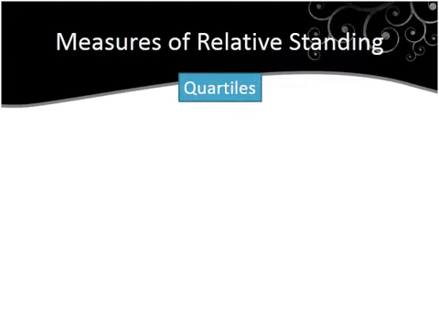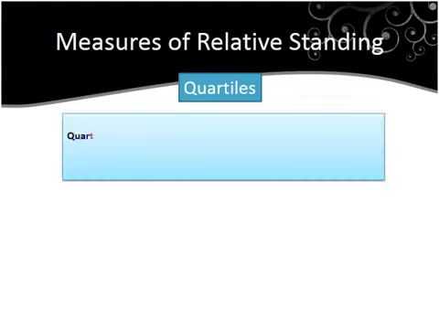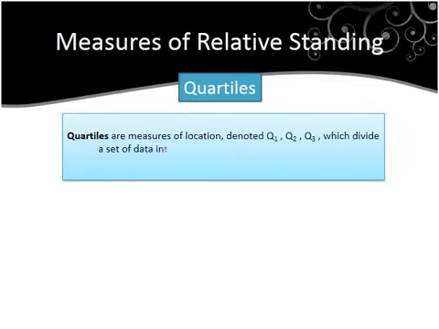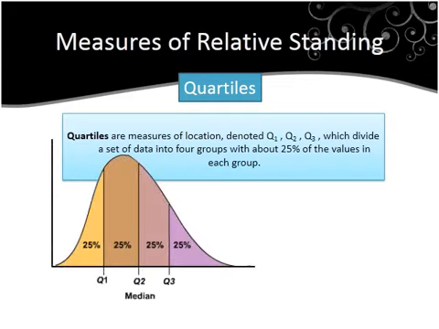Quartiles are very similar to percentiles, except instead of having 100 different percentiles, we're going to have only 3 quartiles. They divide your data set into 4 groups with about 25% of the values in each group. So your first quartile will have 25% to the left and 75% of your data to the right. Your second quartile will have about 50% of the data to the left and 50% to the right. And your third quartile will have about 75% of the data to the left and 25% of the data to